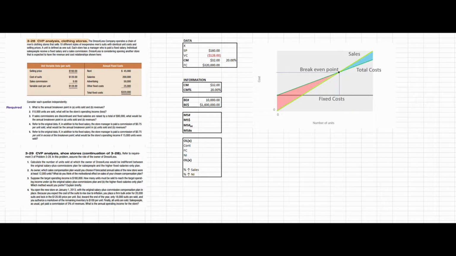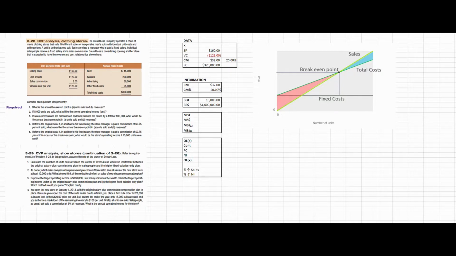Now, the best way to think about my break-even point is from a risk perspective. In other words, I don't start making money until I break even. At that point, I start to generate positive contribution. So if you were looking at a given break-even point, 10,000 units in this case, and asked whether that's good or bad, you can't really answer that without knowing what your expected level of sales is going to be,